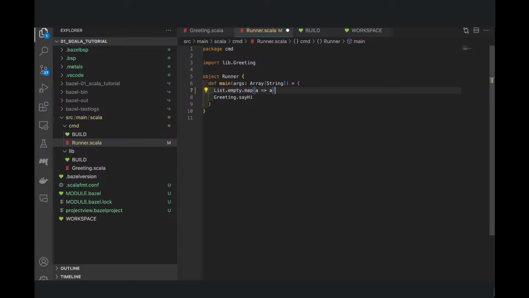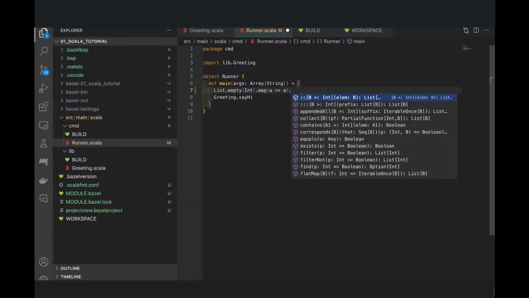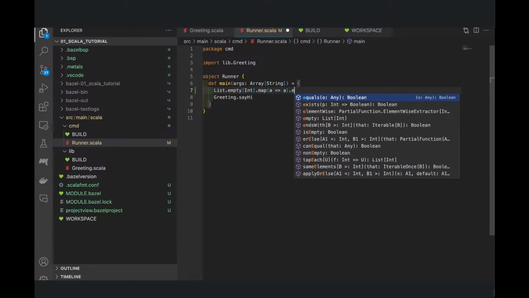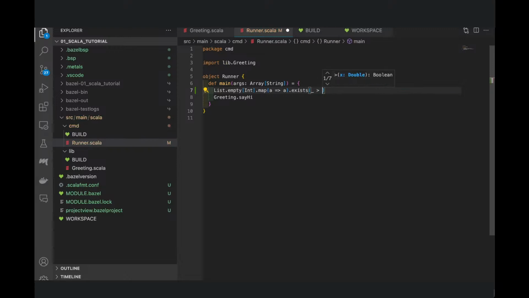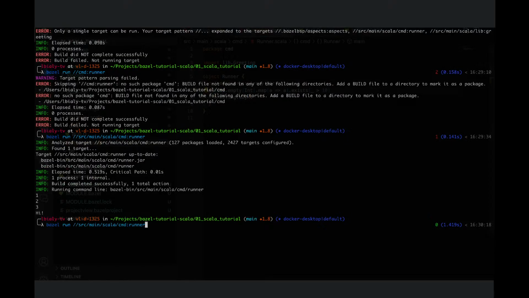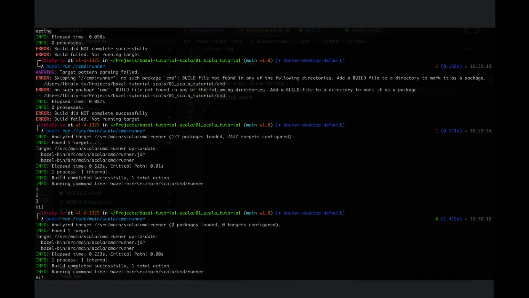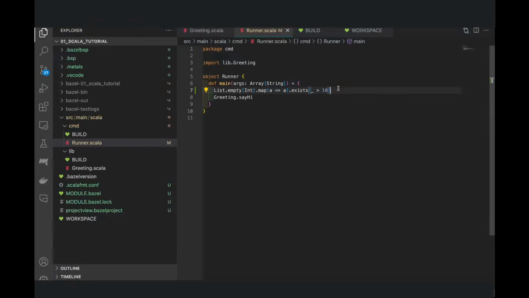So if the code compiles, this suddenly changes everything, and well, we can say, okay, is there one that is bigger than 10? And then, well, it's a no-op. It doesn't do anything, but we can go here, and it probably should just work fine. Yeah. So it seems to work with some limitations.